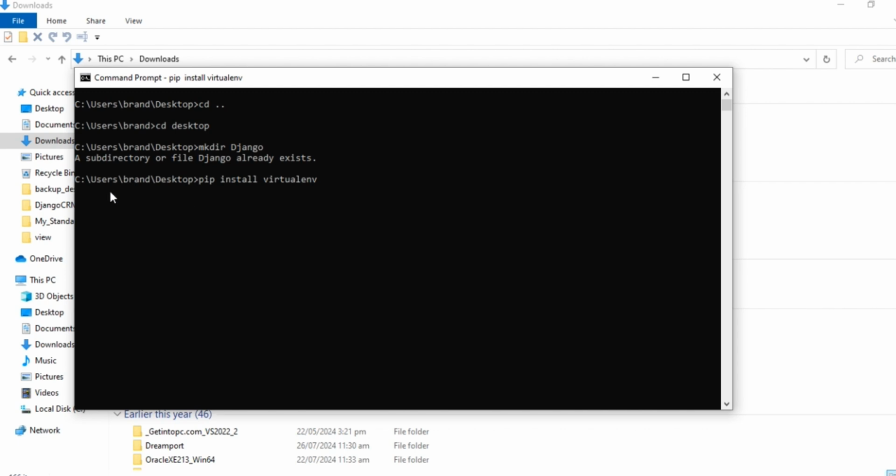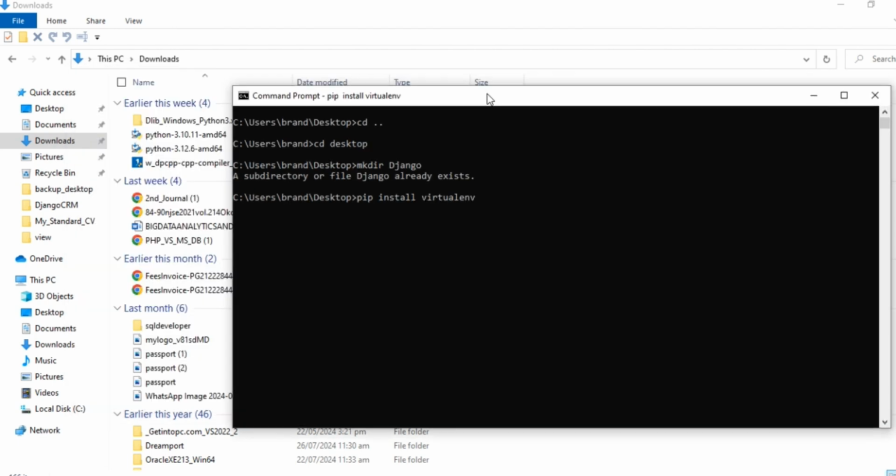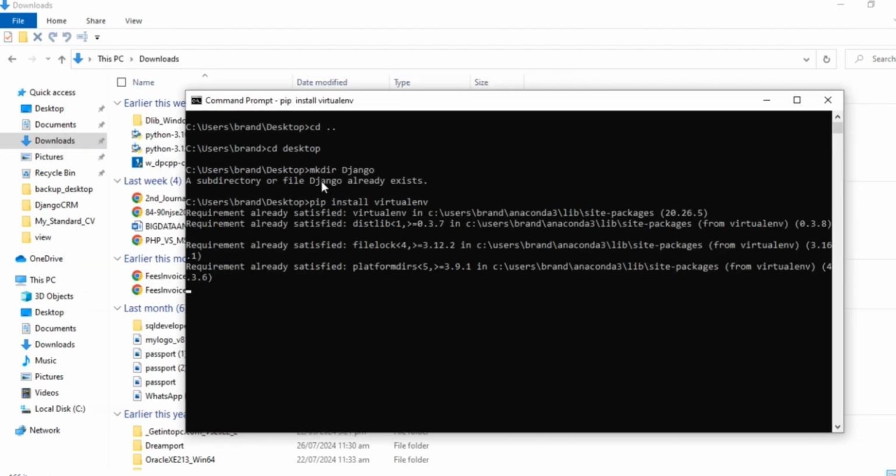But we must wait and allow it to create successfully. Good. You see, it has created our virtual environment. You can see it says the requirement is already satisfied, the virtual environment already exists. So you are seeing it here now. Now, since we already have this virtual environment,